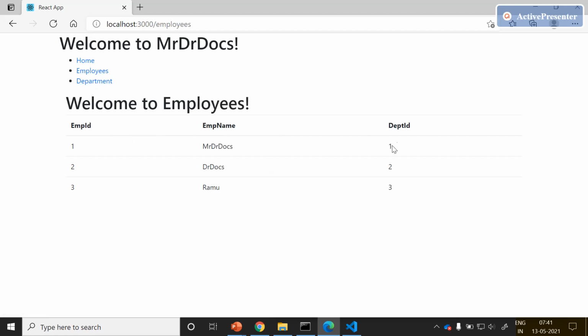The next step is, in this department ID, we will add one link which navigates to the department component.